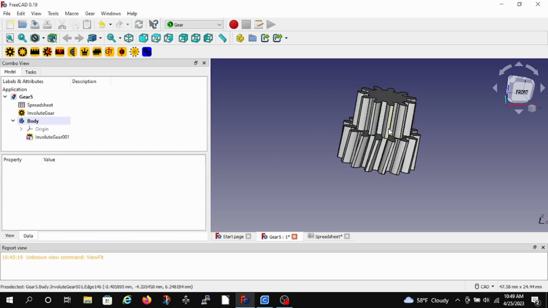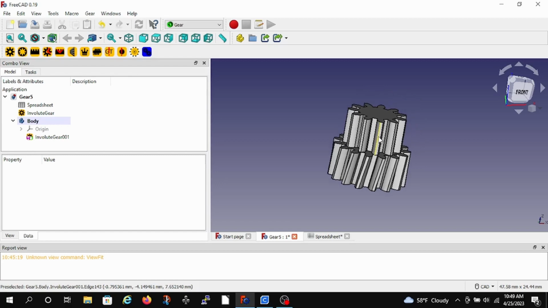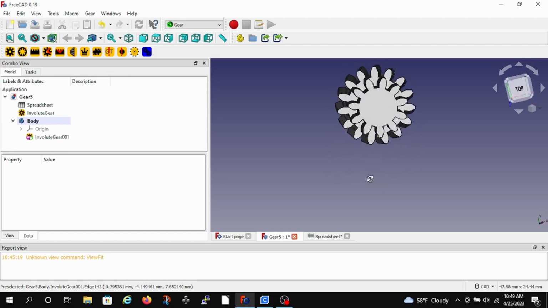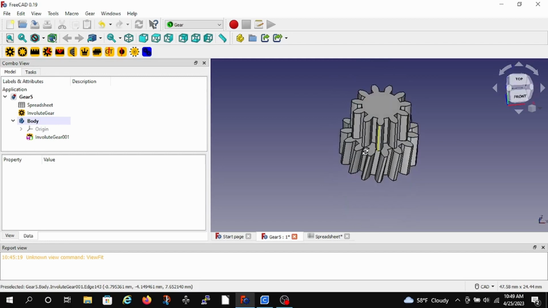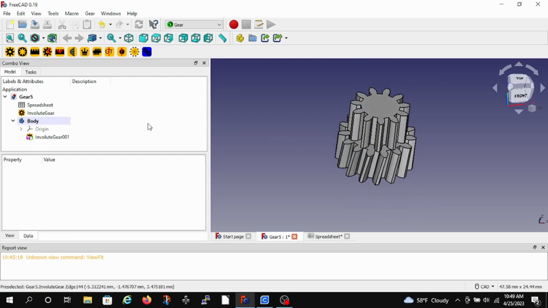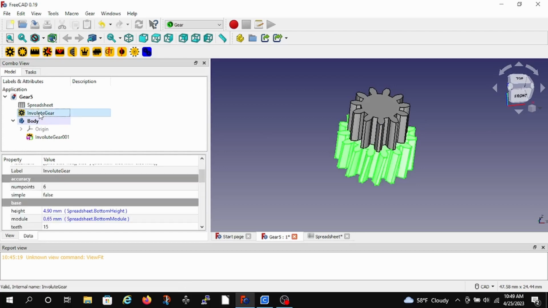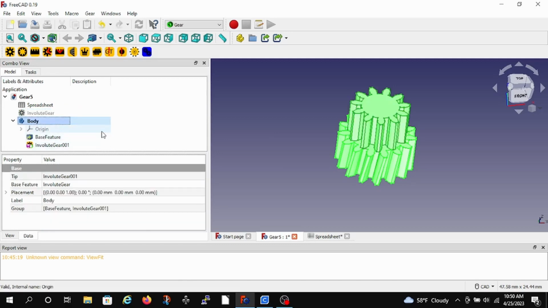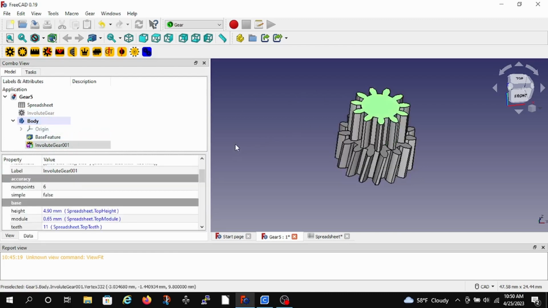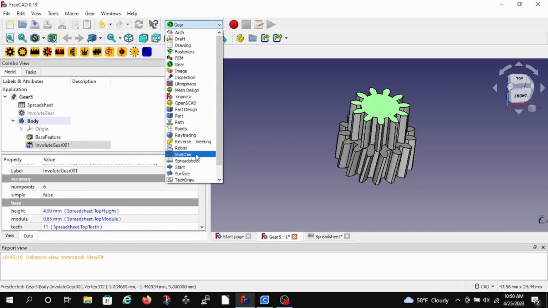So now we have two gears, one on top of each other, and we need to put a hole through the center of this. So the first thing I need to do is get a copy of this first gear into the body. Not knowing how FreeCAD works, this grayed out, so my assumption is it's now in the body as the base feature. So what we do at this point is we create a sketch